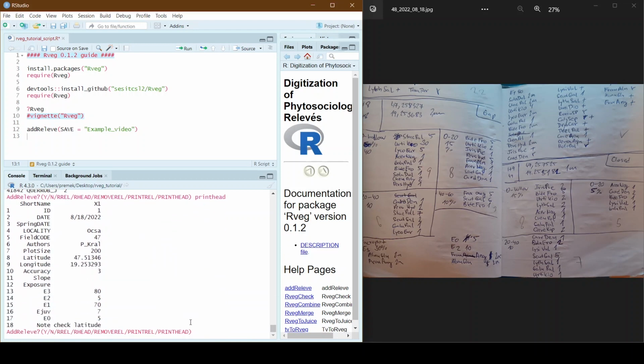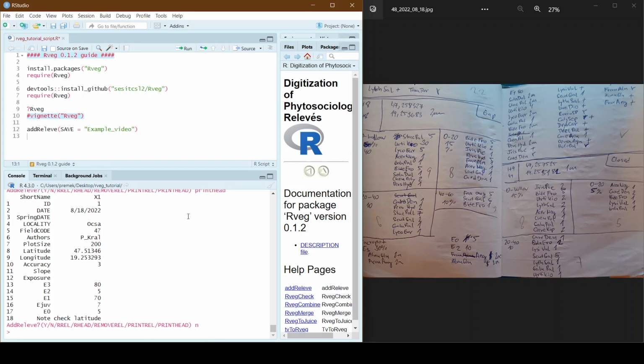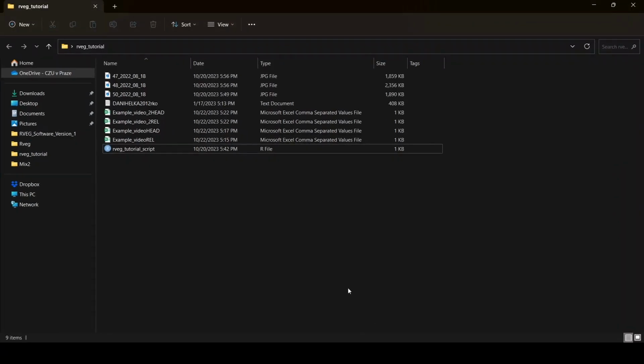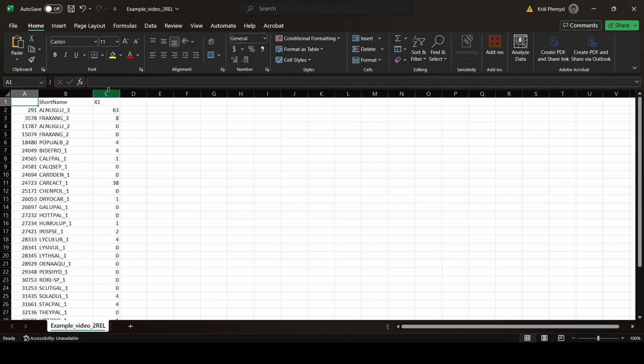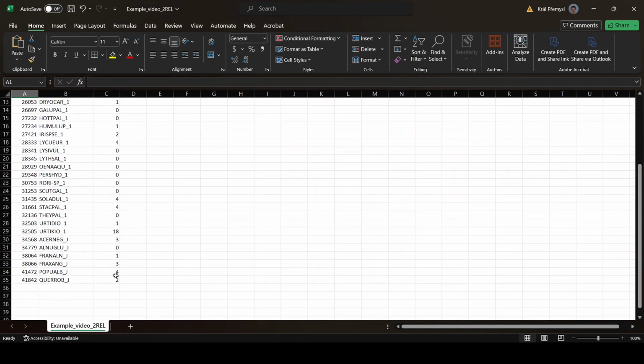So that would be it. Let's stop the script, take a look at our files, and if we look here now, it's only one relevé and edited as we edited it.